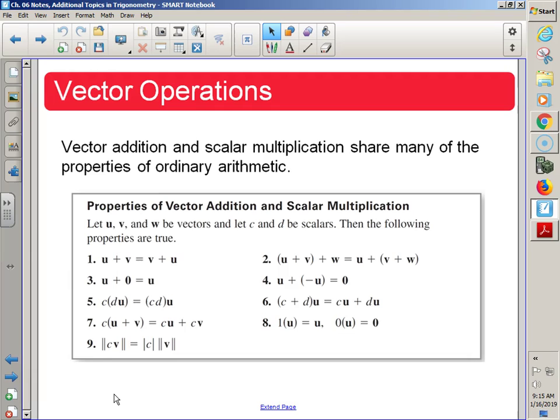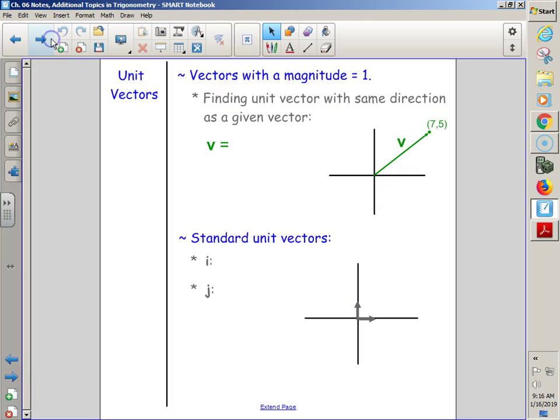But if I was to say something like uv equals vu, what would most of you have said? You'd be like, yeah, of course, duh, and it's totally wrong. Because u times v acts in a completely different way than adding and subtracting. So some things are super basic, super straightforward: vector addition and subtraction, and scalar multiplication and division, following the math properties that you've been learning for a long time. But what's not on there is vector multiplication. Ugh. That's a whole other beast for a whole other section. Okay,